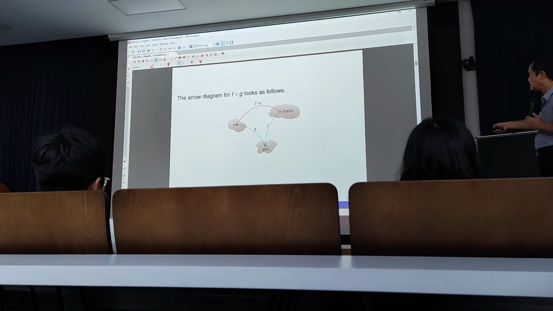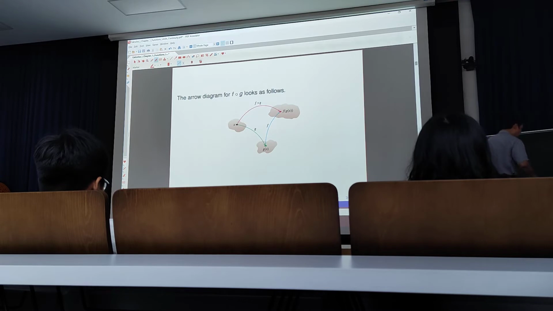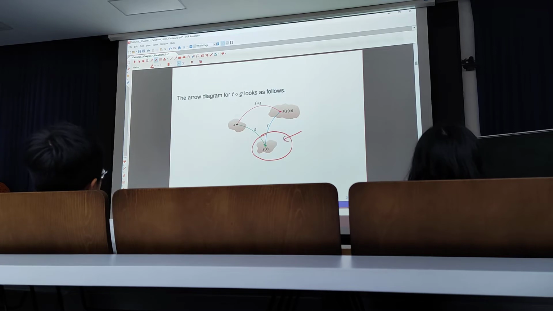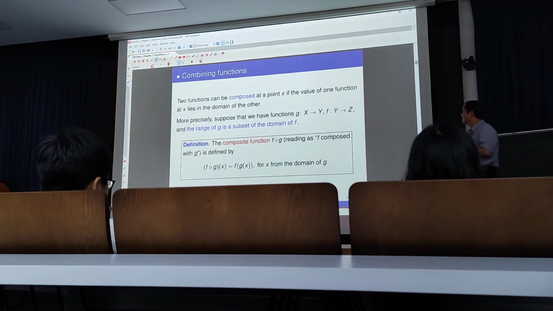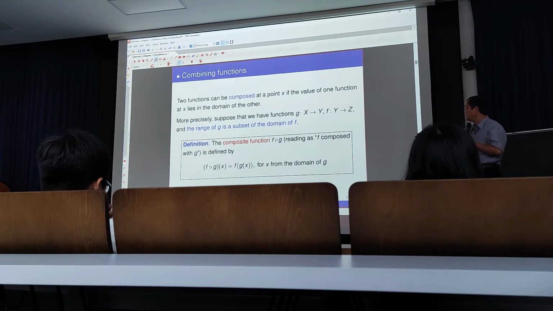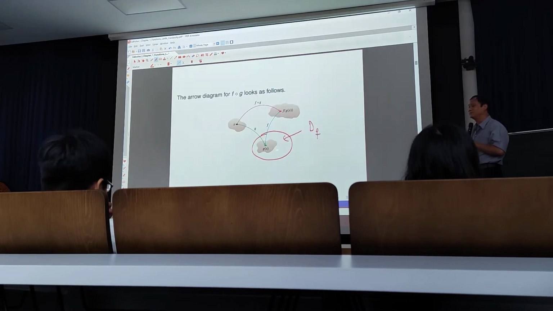So the picture: x, if you apply g on that, you have g(x), and g(x) must be a subset of D_f. So this one is the domain of f. Hàm số f phải xác định trên một cái tập mà chứa g(x), thì lúc đấy các em mới tác động f vào g(x) được. Còn nếu không thì làm sao mà đánh được? That's the reason range of g is a subset of the domain of f. Chứ nếu mà domain nó chỉ có phần này thôi thì cái điểm ở bên ngoài này làm sao mà f tác động lên được, vì nó có nằm trong domain của f đâu. Đúng không? Đó.